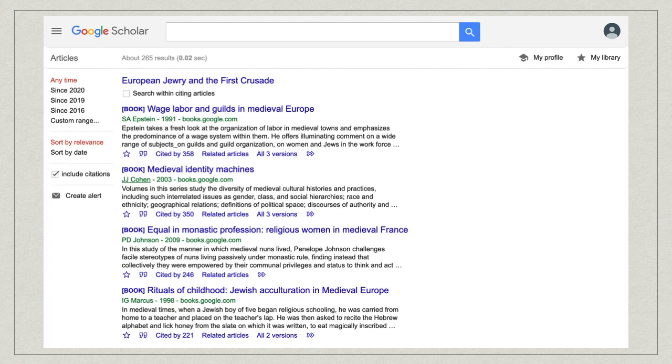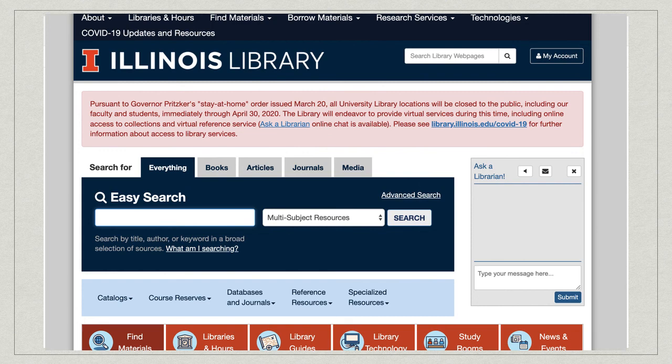So what you're gonna do, you really want to read an article or read a book. I mean, mostly article. So if you really want to read an article which is not available on Google Scholar, then you want to go to the university's library website. So here we go. On the website, that's the main page of the library. In this website, you can see the easy search part here. So you just need to type in the title of the article or a book, for example. Then you just need to click on search, and then you can also search specifically books or articles or journals or even media, different kinds of media. So what you need to do is just type in the title of the work, and then you can have